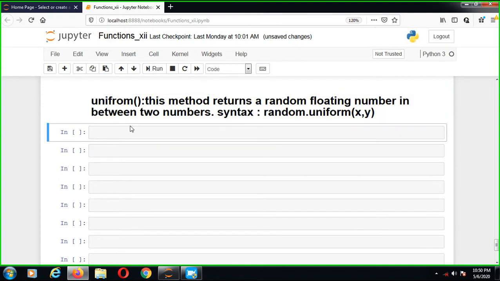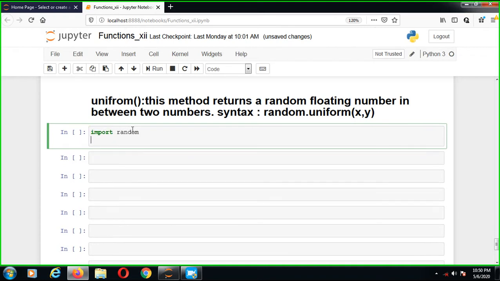So next I'll show you an example of this. First, import random. Second, the print command. We can use uniform for a lottery number. I think 1 to 100 is a lottery number.